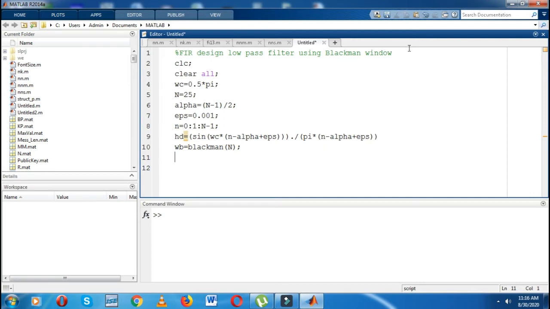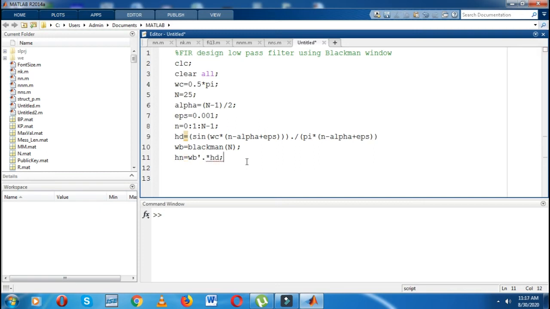So I will write WB dash, because I have to convert this row into column, that's why I have taken dash, into HD. Then I require the angular frequency to plot that frequency response, so I will take W as 0 to 0.01 to pi.